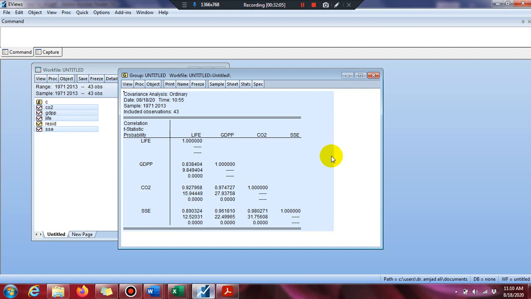Okay guys, this is all about the descriptive stats and correlation matrix: how we can find them with the help of eViews, and what the interpretation of the eViews correlation matrix and descriptive stats is.